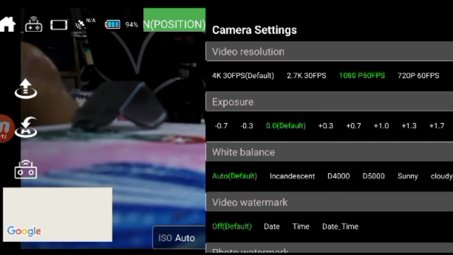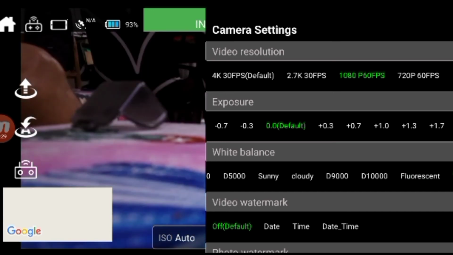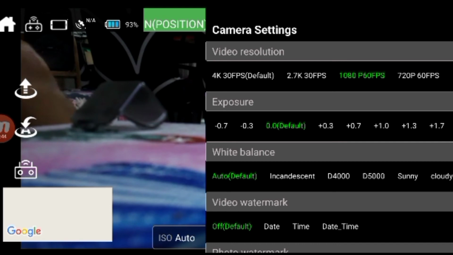It's very nice because you have an option, like if you want to choose incandescent, the 4000, the 5000 sunny, right? Nice. Fluorescent, cloudy. So it's very nice, guys. You have an option to adjust the white balance setting. It depends on the weather.